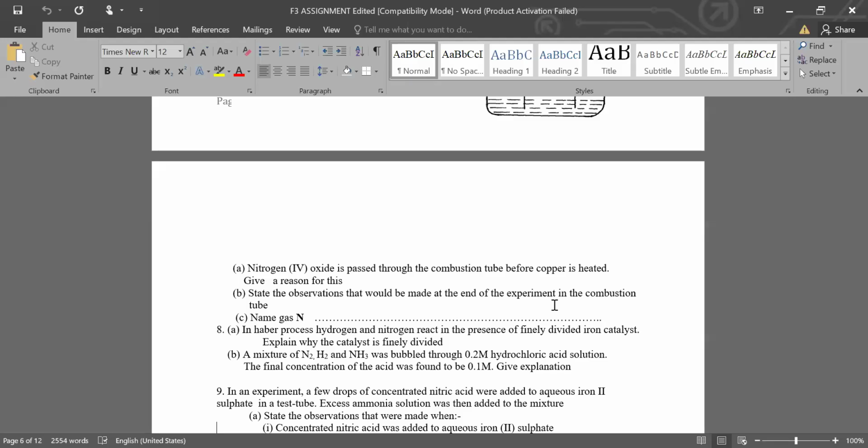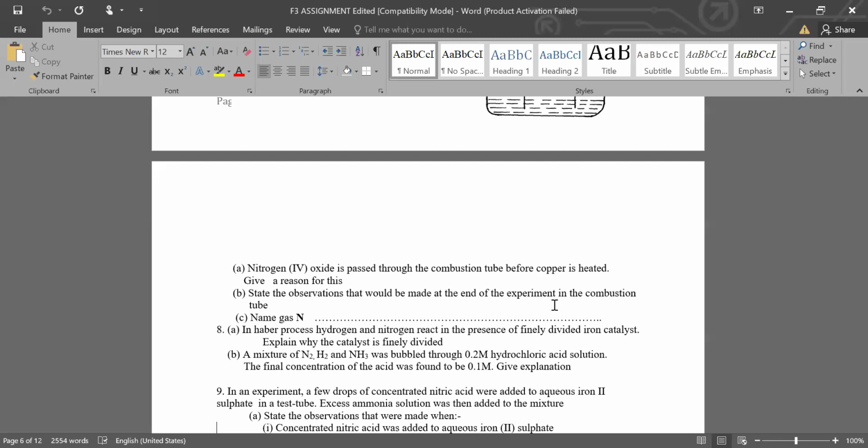And the same can be repeated there by replacing the copper. Copper can also be replaced by any other hot metal, be it lead, be it zinc, be it magnesium. As long as it is hot,